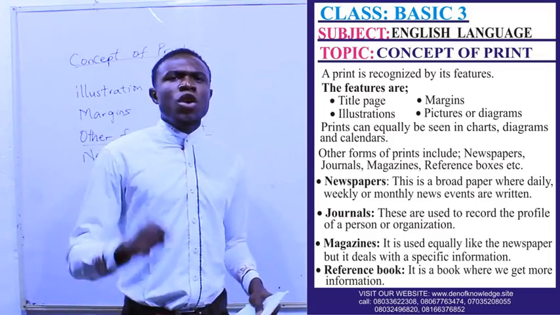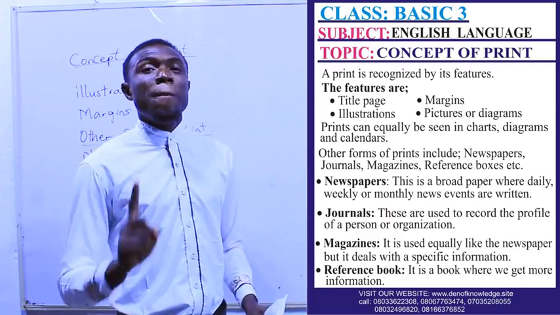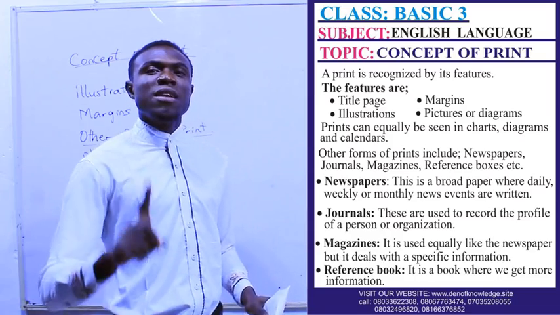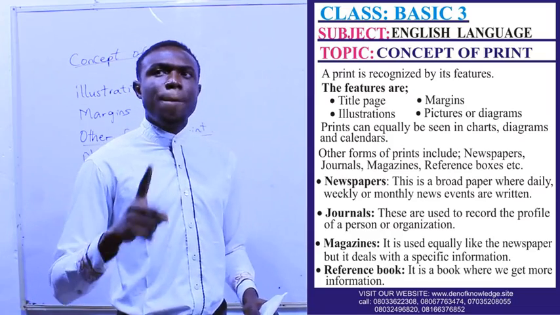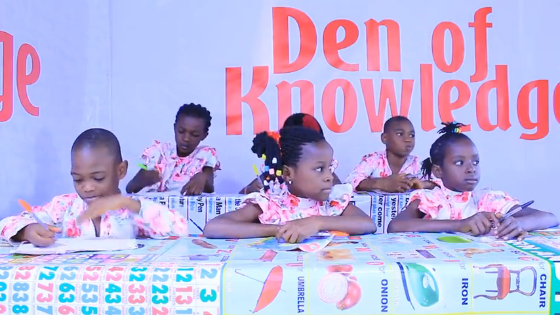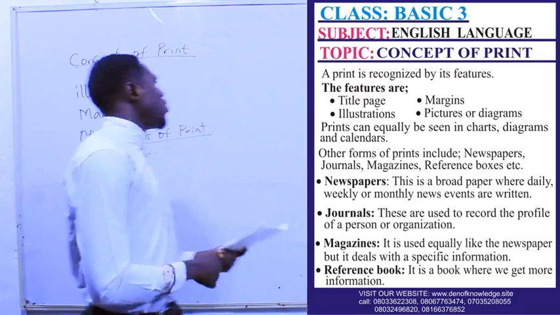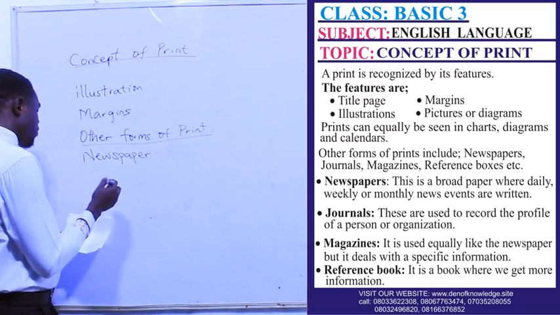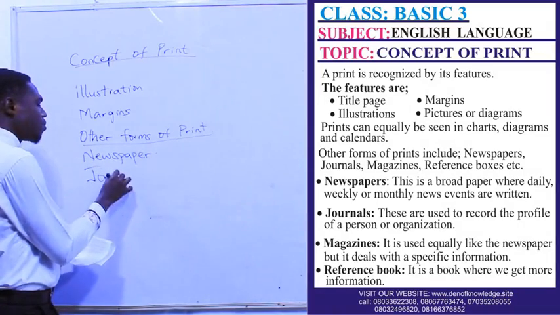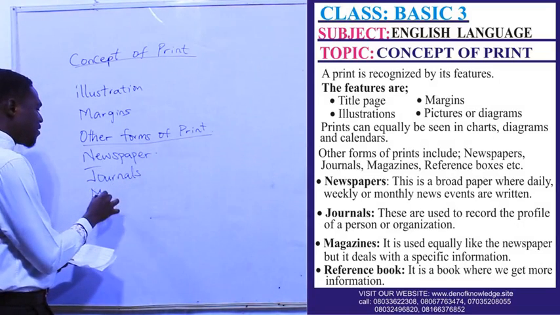Having known this, mind you, anything that is called a newspaper must have something like our textbook. What are those? It must have text and it must have pictures. Remember, it must have text and it must have what? Pictures. Alright, we still have other ones like the journals and the magazines,